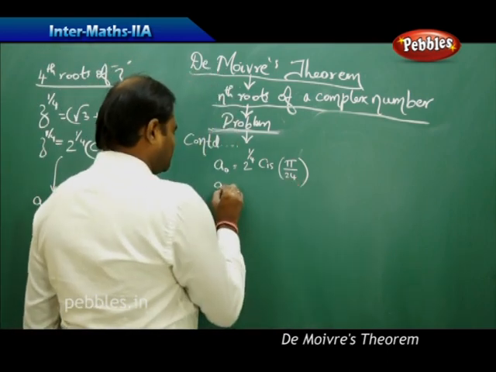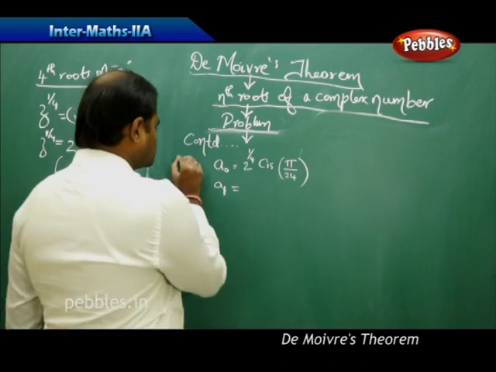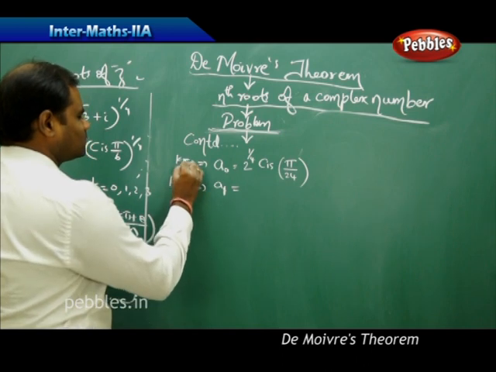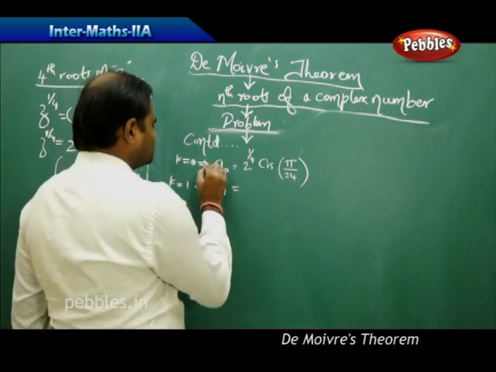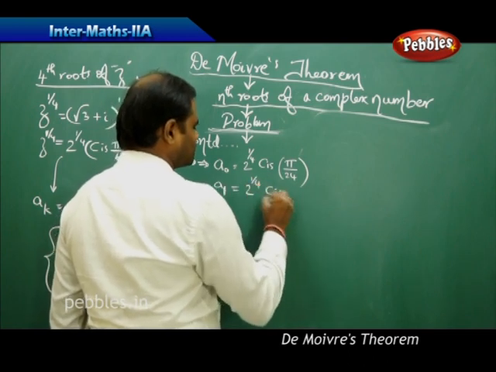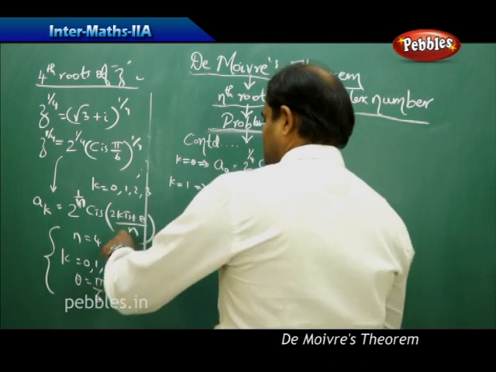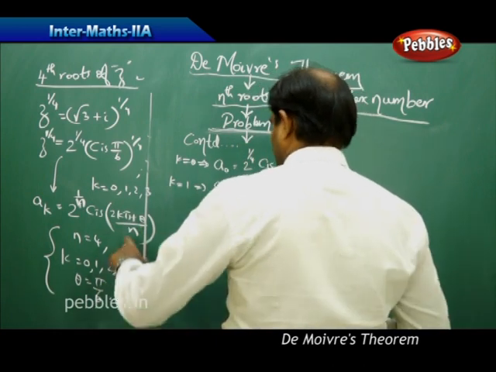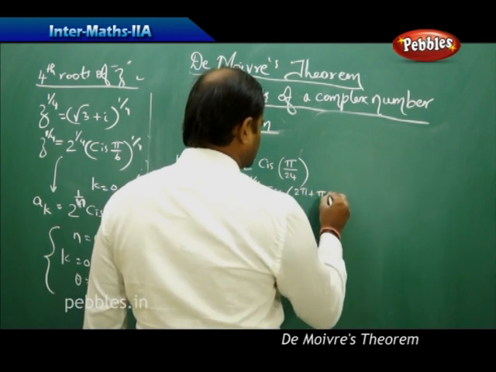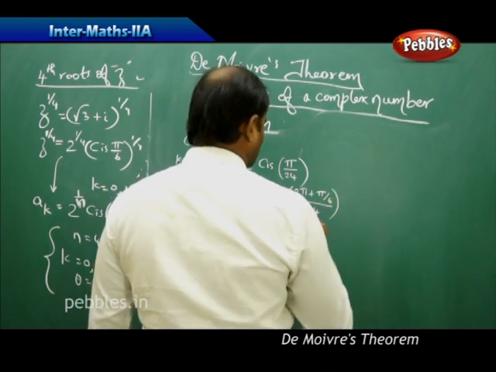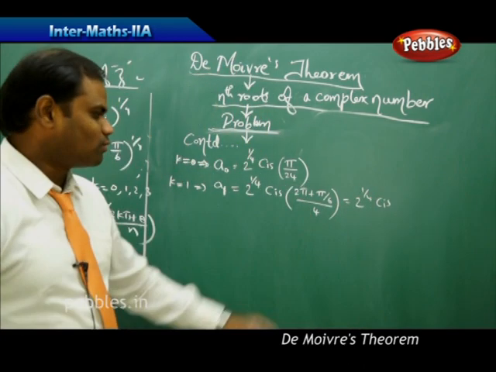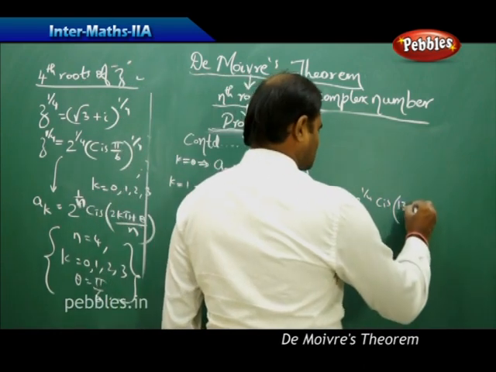Then I get my a1 when k equal to 1, which I get here in the form 2 power 1 by 4 cis of (2 pi plus pi by 6) by 4. This on simplification gives cis 13 pi by 24,